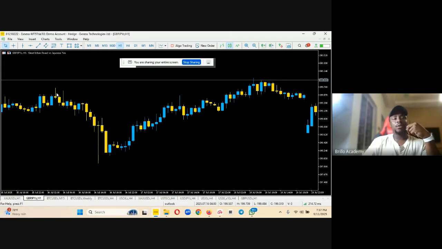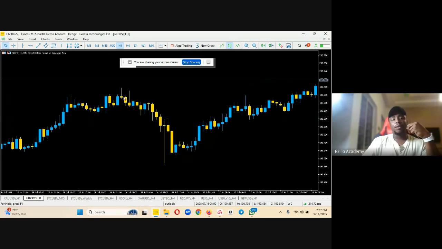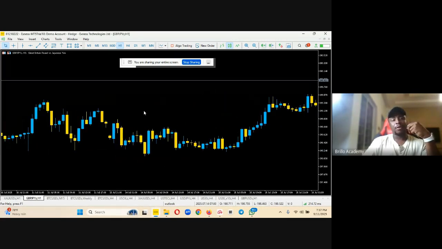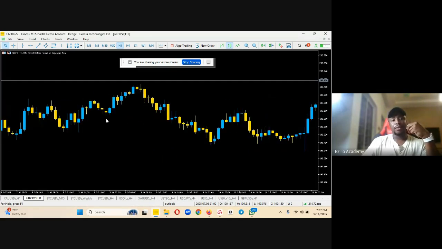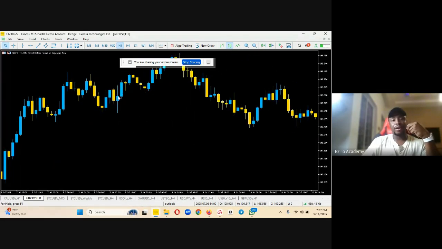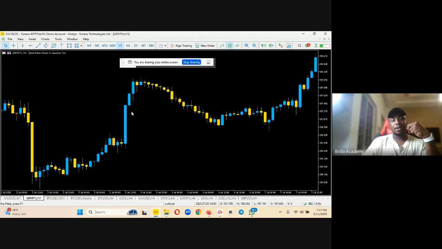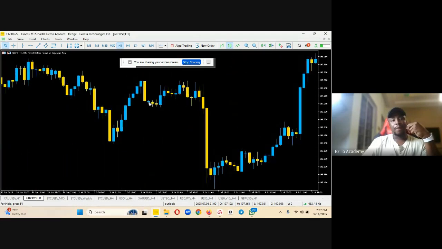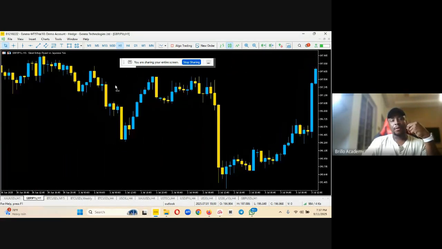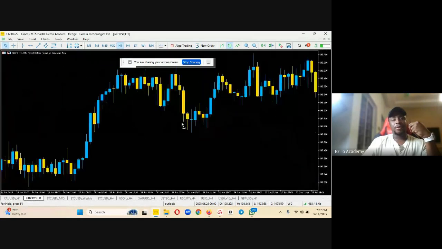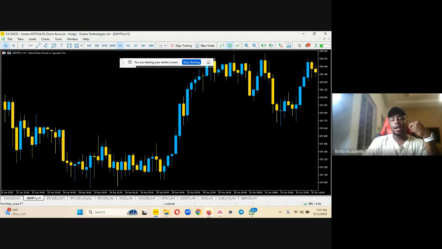Look at this one. This is actually a shooting star on a resistance zone, and after that, the market came down. All right, if you can identify them, look at this one, the same thing, and the market came down a bit. Okay, so that is for shooting star and